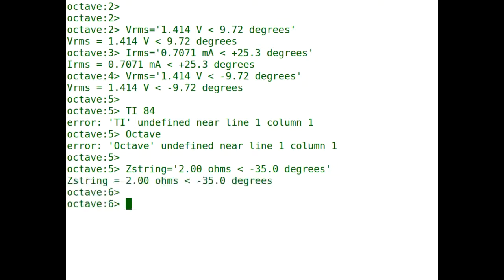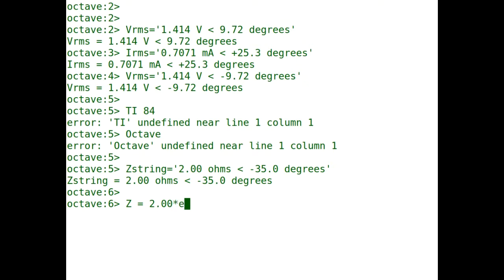And so if I'm going to put this into my TI-84 calculator, or you want to do it in Octave, you have to put it in radians. And so the way we do this is I'm just going to say Z is equal to